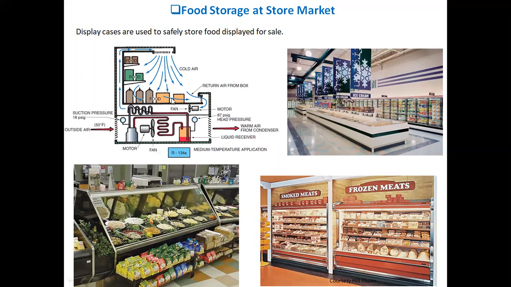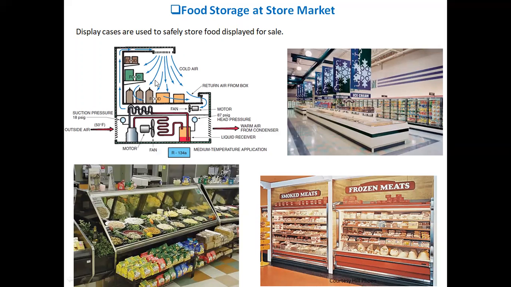Clear? But the working principle of it is again the same. At the bottom of this display cupboard, you can see the compressor, condenser, and expansion valve shown here. And again with the help of the vapor compression cycle, at the evaporator, as you can see, blue indicates the chilled air. The fan or the blower blows the air over the evaporator, where that air gets cooled down, and that air is then circulated inside this casing as shown here, where the